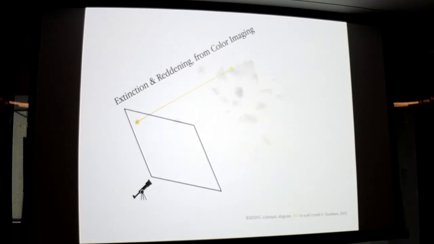And so if you let the light from that star pass through that dusty stuff, it actually changes the color of the light, the way that the clouds in the sky change the color of the sun at sunset. It reddens the light. And so we understand enough about the physics of how this works to know, if you know the color of the star and then you see it a different color, how much of this stuff was there along the line of sight. So then, if you have lots of stars, and in this cartoon we pretend that they're all the same color,